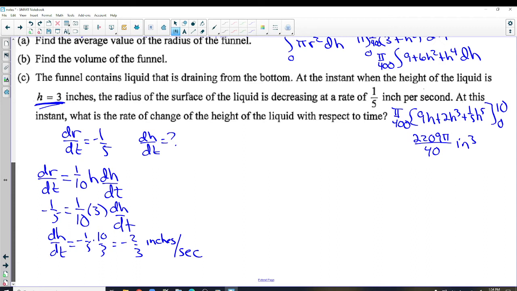The volume is changing at this rate, so the dV over dt. Okay, what else do we know? The radius can't change. And this, oh, okay. So the radius is